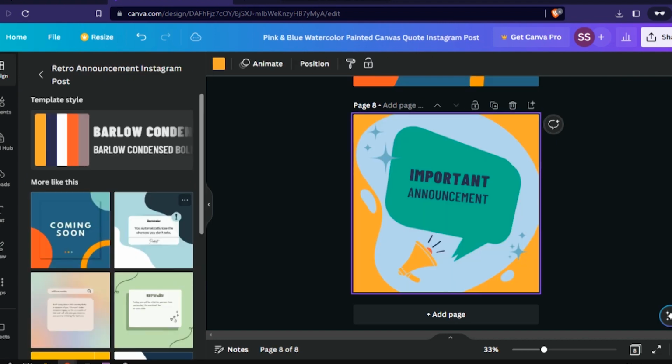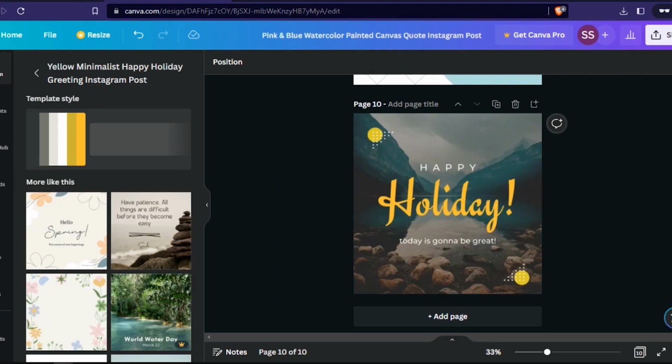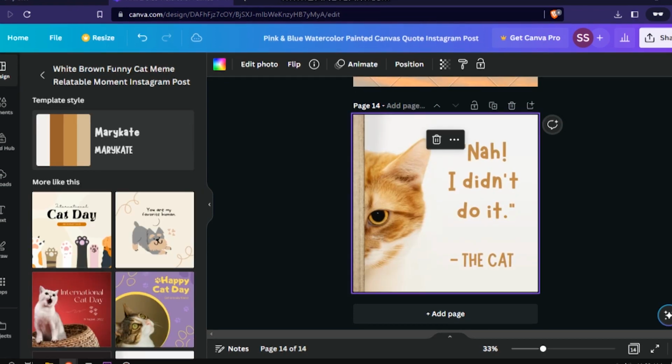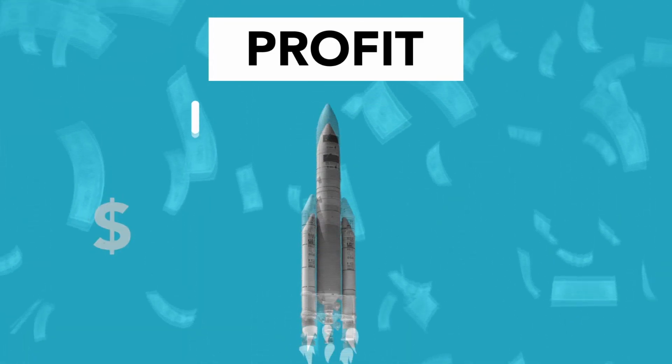Consider experimenting with various styles and fonts to make your design stand out from the competition. You can also customize templates for various themes and events, such as holidays, motivational quotes, or funny sayings, to attract a broader audience. With the right approach, Instagram quote templates can be a profitable and fun digital product to sell